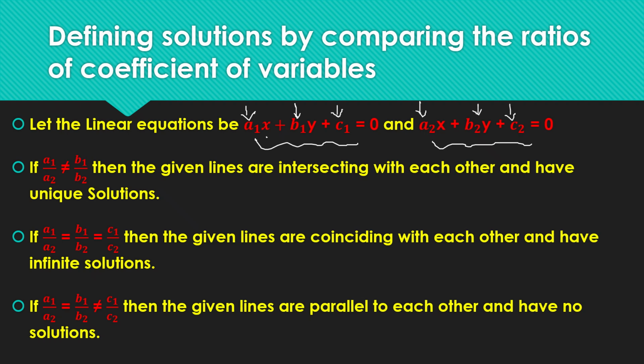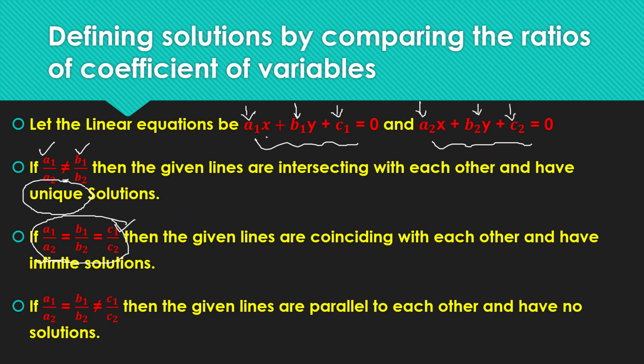Now we are going to compare the ratios of the coefficients of x, y and the constant. See here, the ratio of the coefficient of x and the ratio of the coefficient of y have been compared. If both are not equal, then it is understandable that these two lines are going to intersect at one point. Because of that reason, you will get a unique solution. And then if all these ratios, between the x coefficient, y coefficient and the constant, are going to be the same,